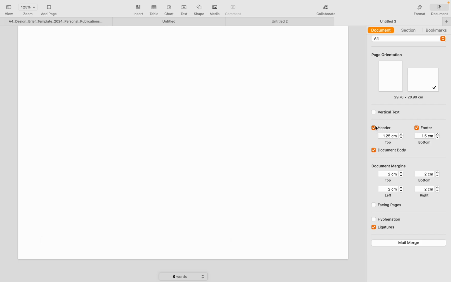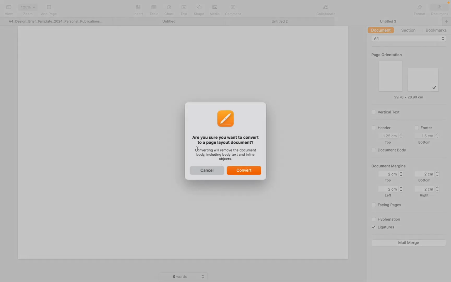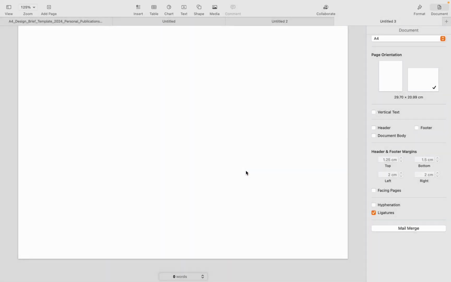So remove header, remove footer, remove document body, and now it will say to you, are you sure that you want to convert to a page layout document? This will remove the document body, including body text and inline objects. Yes, absolutely, that's what we want to do, convert. This means we have now a blank sheet of paper, a blank canvas, and we can now put in text